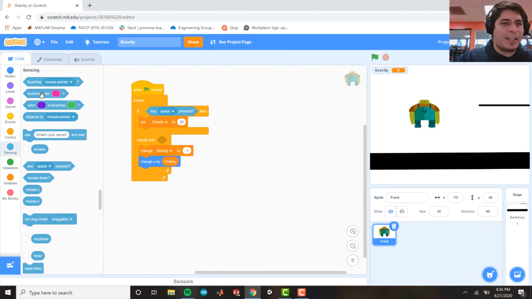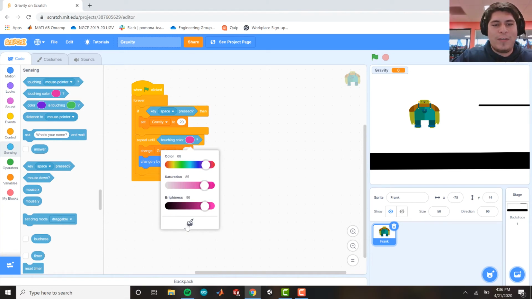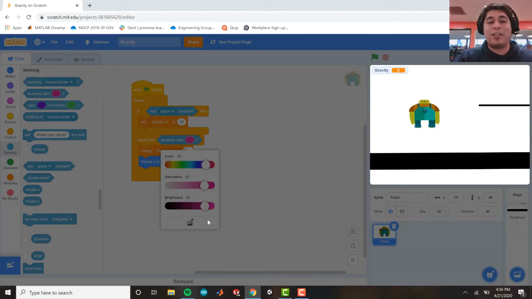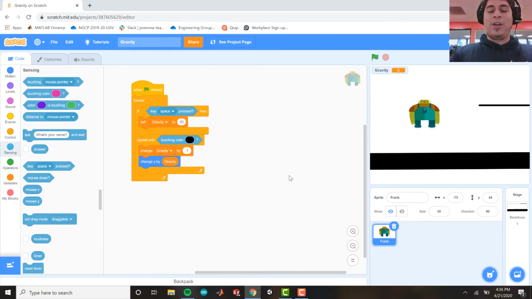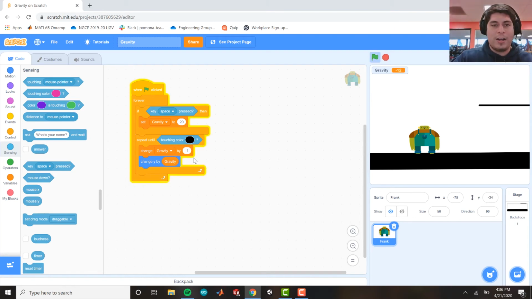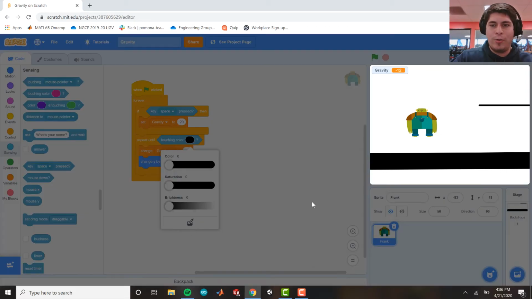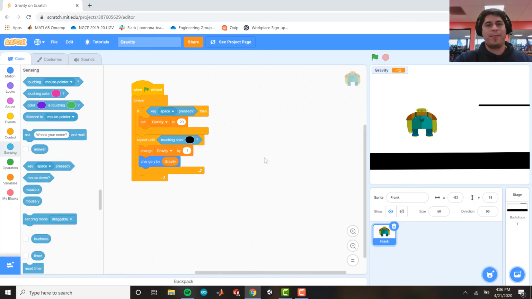If you go to sensing and go to touching color, go ahead and select a color, and you have this little tool down here. If you click on this little tool, this allows us to copy the color we want to use. So in this case, we want that black floor. So when I go ahead and click on that tool, make sure you're clicking on the surface that has the correct color you want. Now when I go ahead and press my green flag,